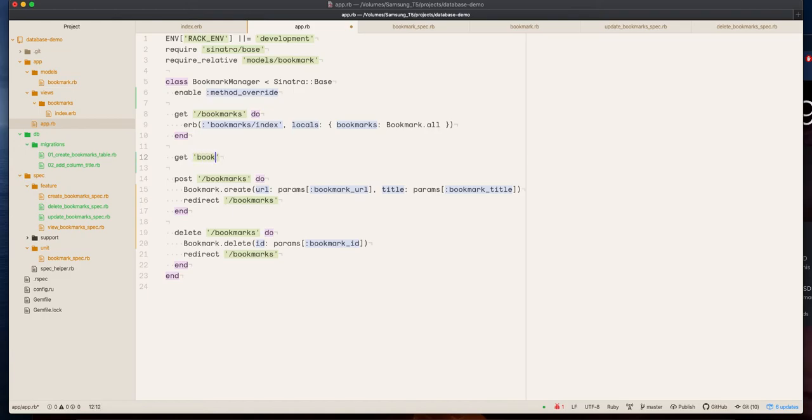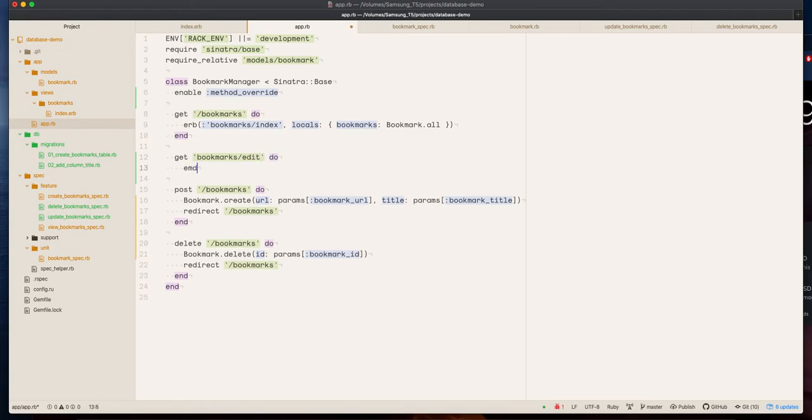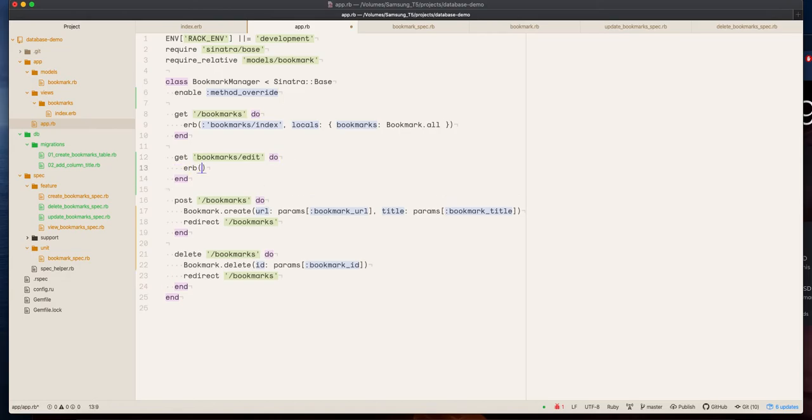Get bookmarks, edit, do ERB bookmarks, edit, locals,